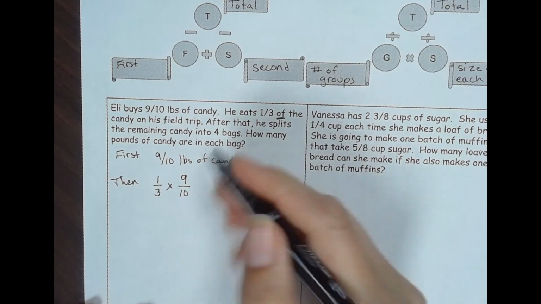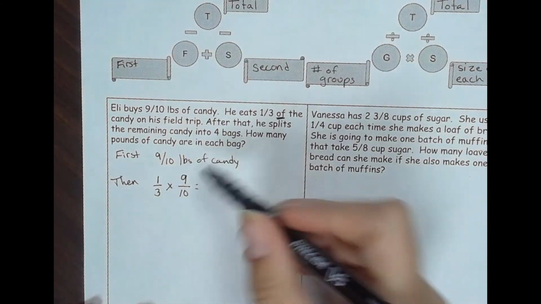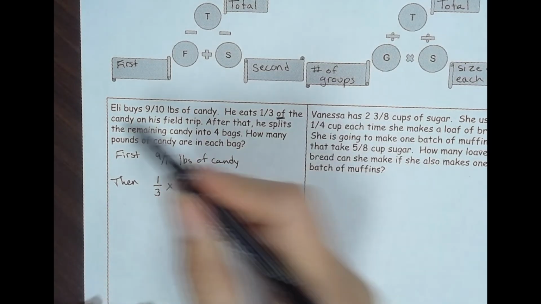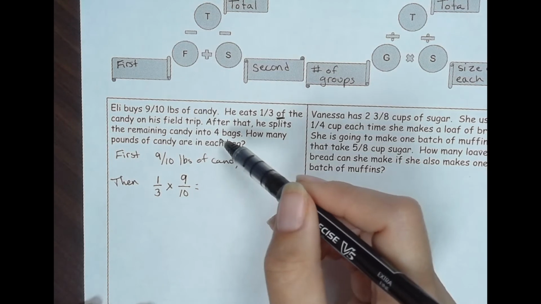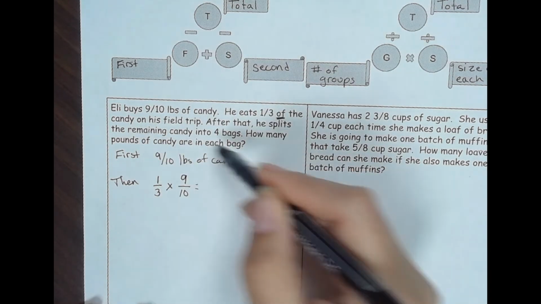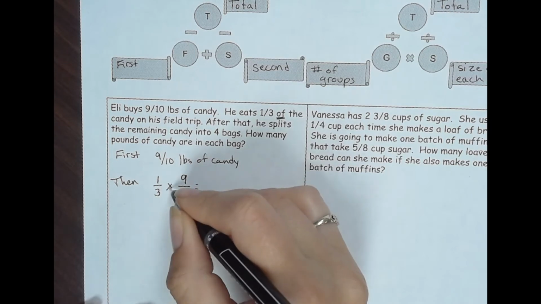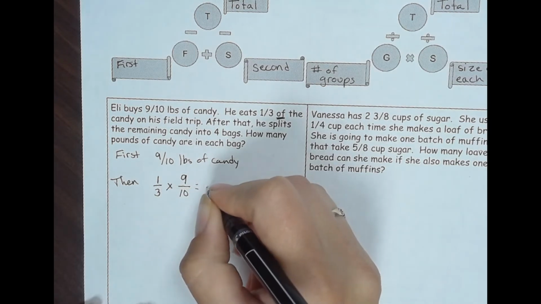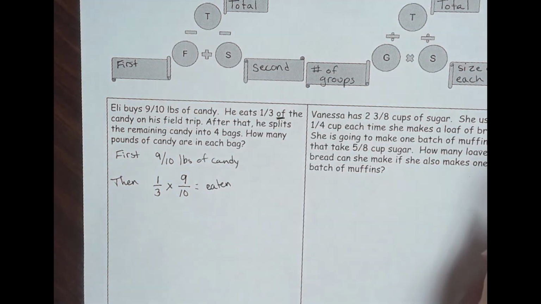So after we do that, I'm not doing any math yet, I'm just setting up my problem. So he eats 1/3 of the candy on his field trip. After that, he splits the remaining candy into 4 bags. So remaining candy is what? This would be what he eats. He eats 1/3 of the bag. So I'm just going to write eaten here. So the eaten candy